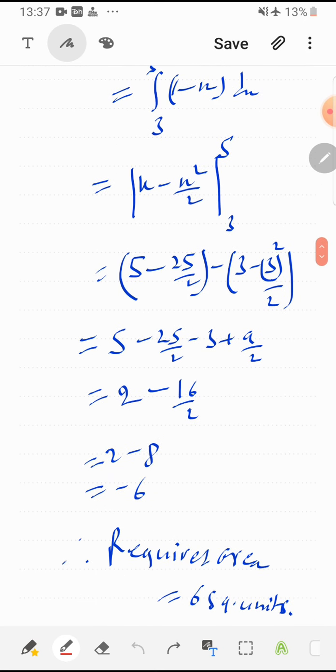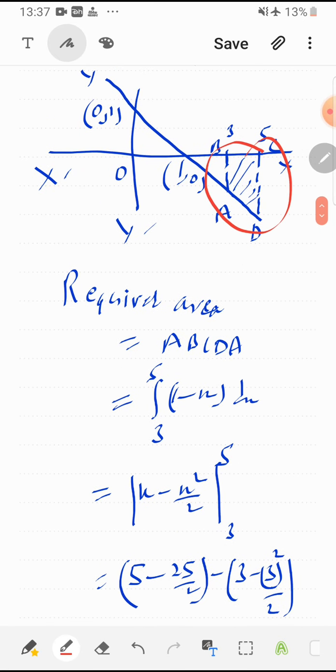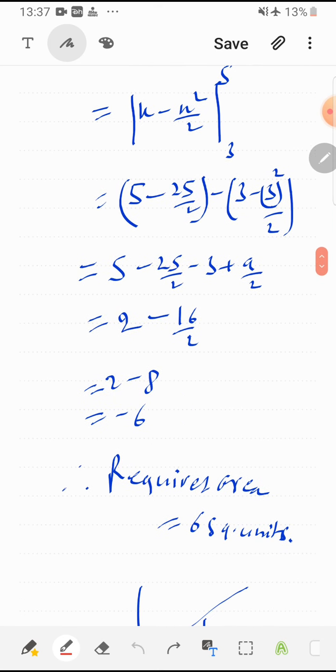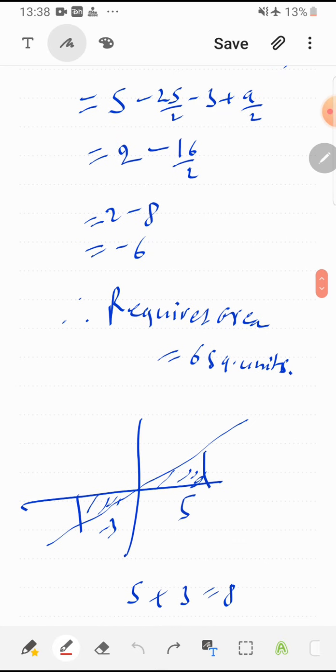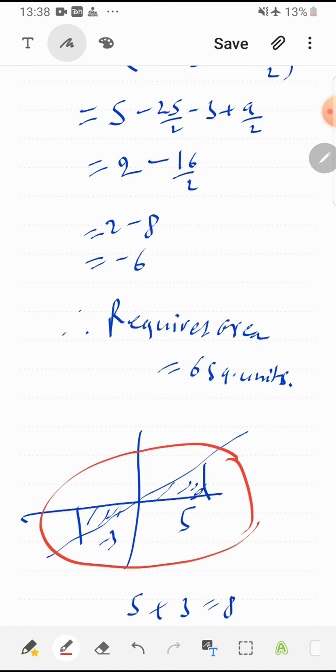So after solving this, we are getting -6. -6 means area can't be negative, but this means area is below x axis or in negative y axis. So in last we will summarize by writing required area is 6 square unit. So area can't be negative, we should be careful of that. Suppose we are finding the area of a line and it has been divided into two parts. So this area will be negative and this area will be positive, and suppose the value of area is 5 and minus 3, but when we add we will ignore minus 3 and we will add as 5 plus 3, because area plus area will be an increase in area, not a decrease in area.